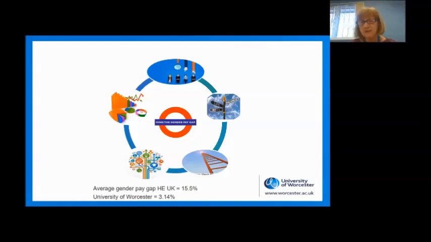Our workforce is quite unusual. We are 65% female, and that is consistent at every level of the organisation, including the senior leadership team. And actually 65% of our professors are also female. So how do we do this? And what are we going to do to try and reduce the gap to nothing, if possible?